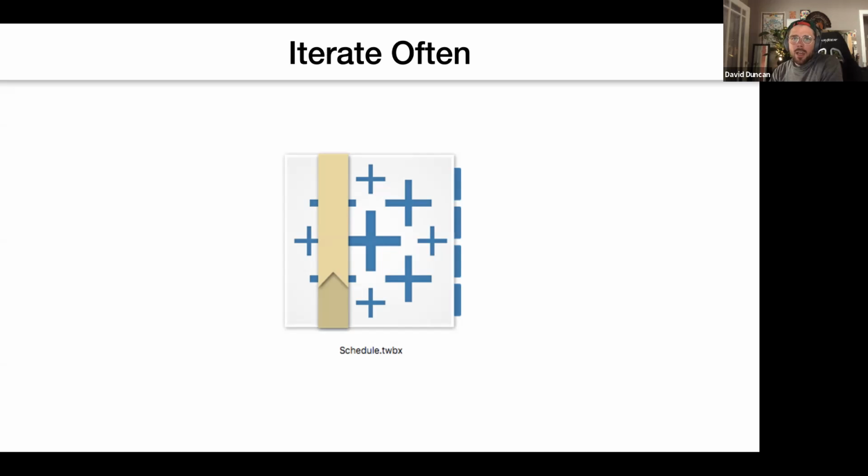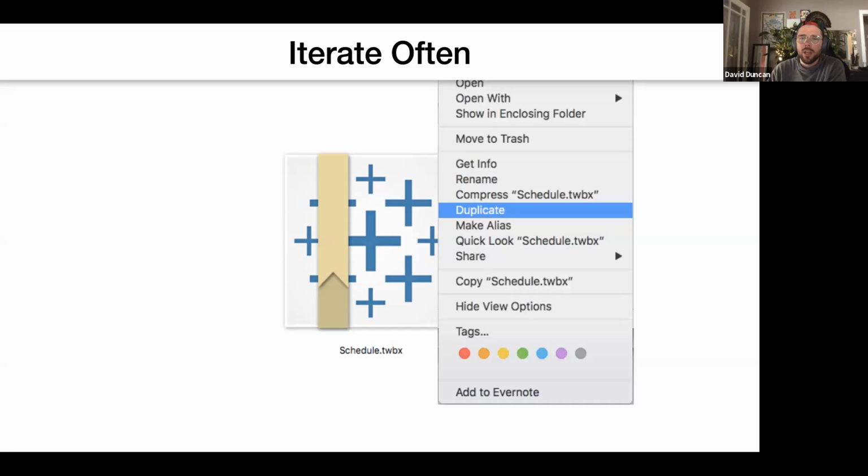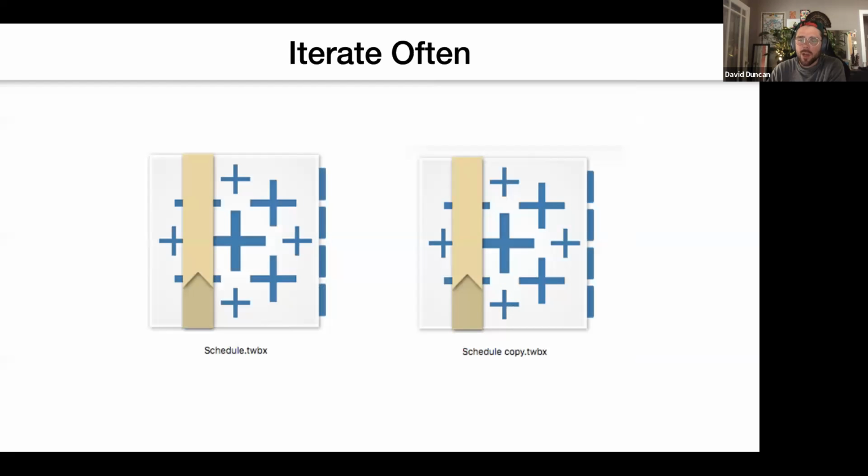instead of trying an experimental sheet or worksheet, I encourage you to right-click your Tableau workbook file and duplicate it and create a second experimental copy. This way, you don't have all these sheets getting clustered up into a single workbook where some things have the style applied and some things don't. And sometimes the sheet is pulled into your dashboard and sometimes it's not. If you can just do that on a completely separate workbook, then you're more likely to